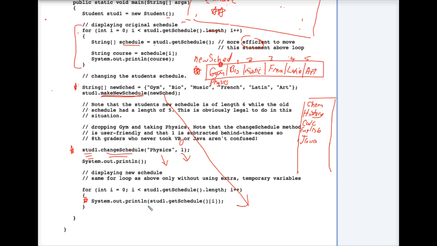So let's see how this is done. We are going to be printing the student's current schedule, physics, bio, music, French, Latin, and art, right here in our output window. But check it out. The local variable i is initialized at 0. This code right here is 6